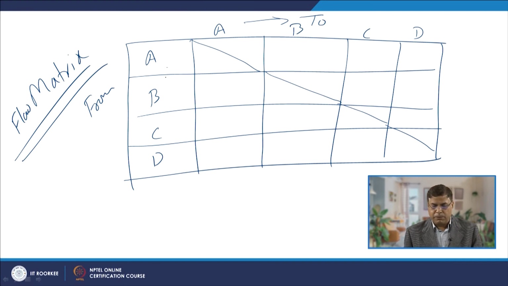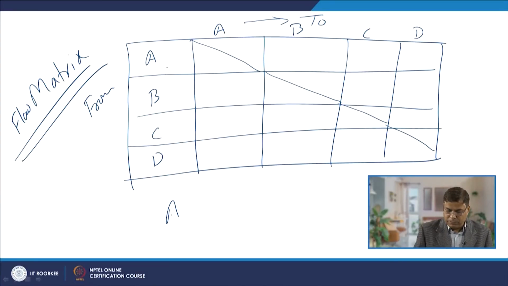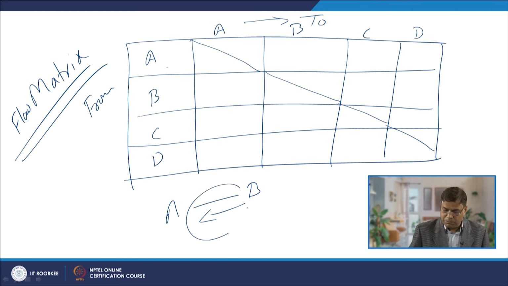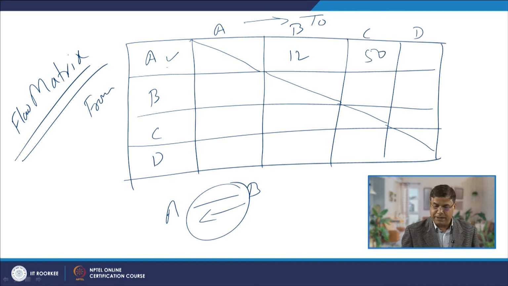It is important, as far as the extent of movement between the two centers is concerned, that whether the movement is from A to B or B to A, the total movement is to be identified. So, in this chart, whatever is the movement from station A to station B is quantified. Say that movement comes out to be 12, from A to C the movement comes out to be 50, and A to D movement comes out to be 40.